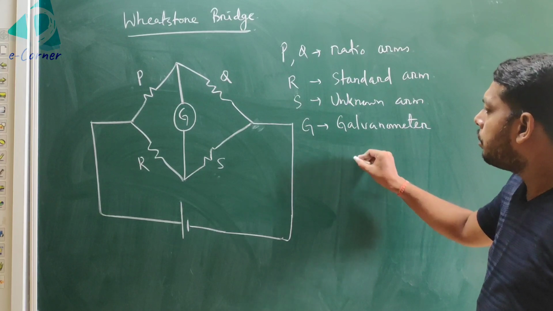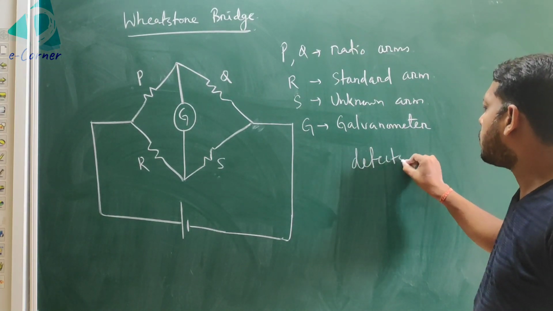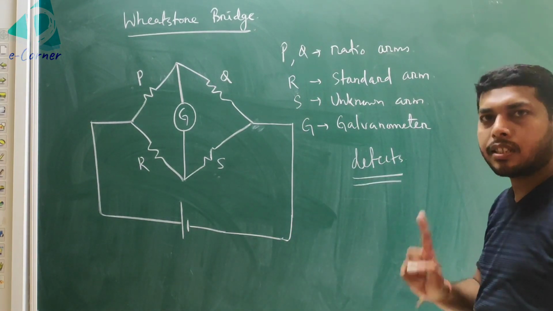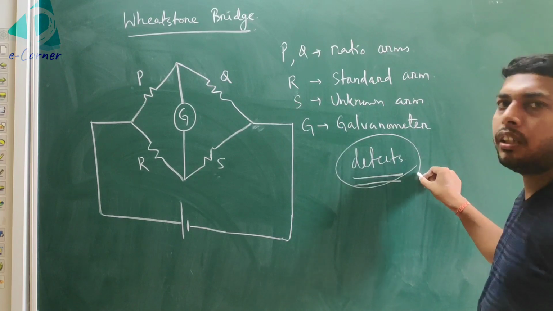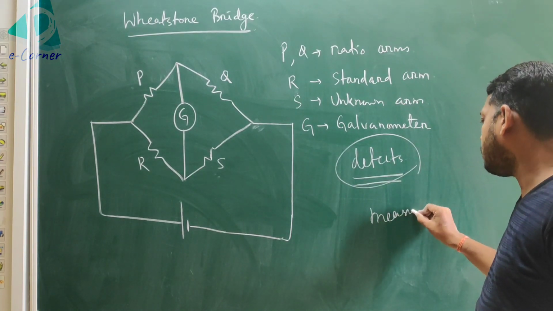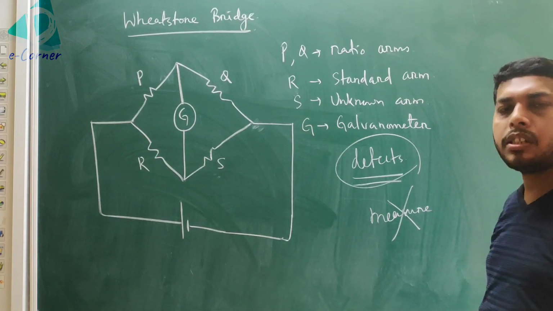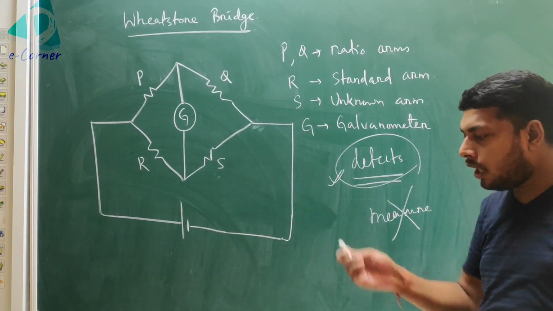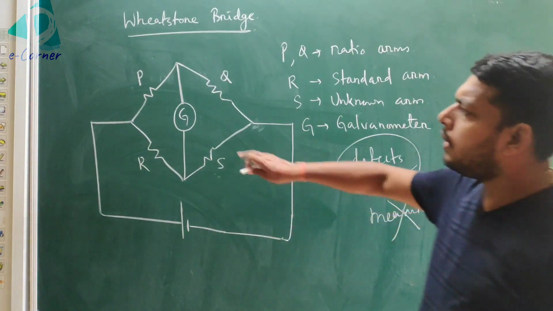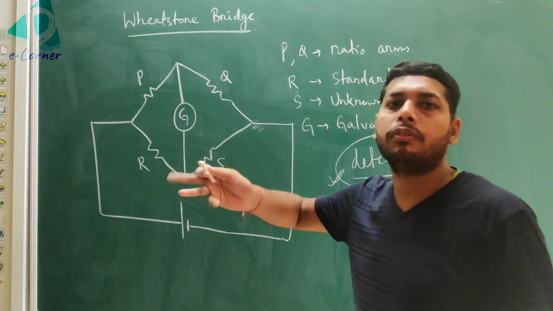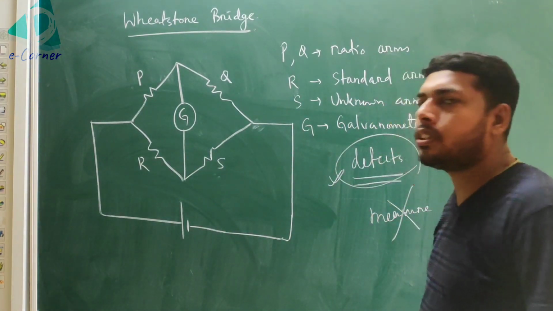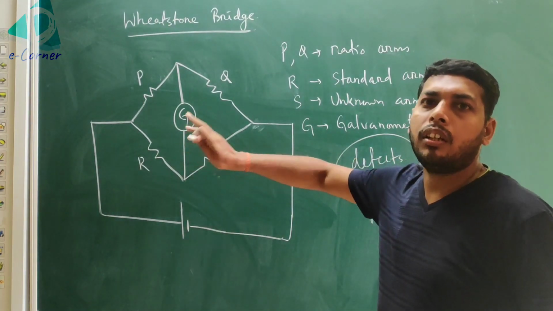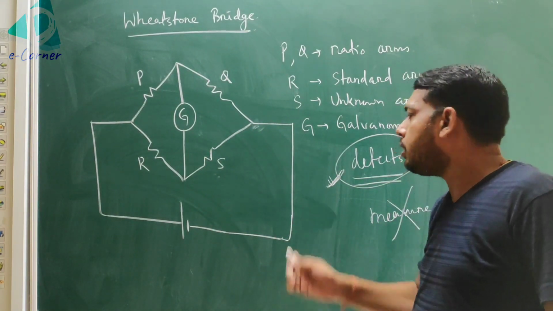Galvanometer is a device which detects the flow of current, which detects the current in the circuit. Yes, it detects the current, but it does not measure. Don't use the word measure here. It does not measure how much current is coming through it. It only detects whether current is there or not. If there is current, then this device will act. The pointer will move, forward or backward, depending on the direction of the current. So it only detects the current. We can know whether the current is in the circuit or not.